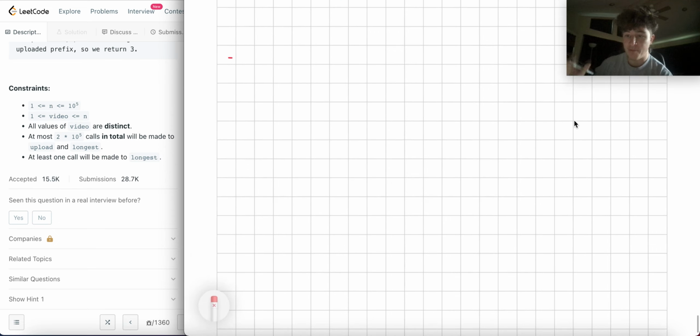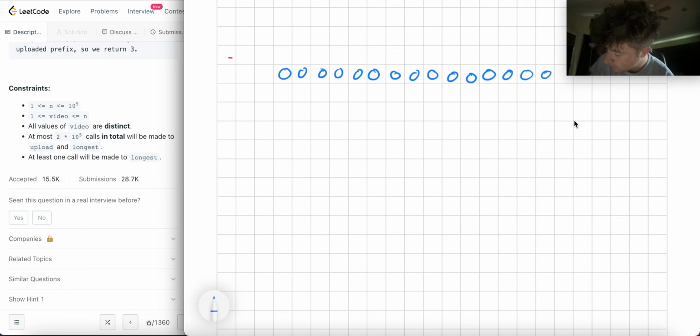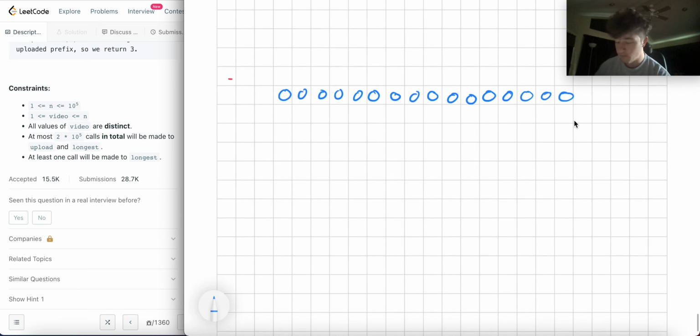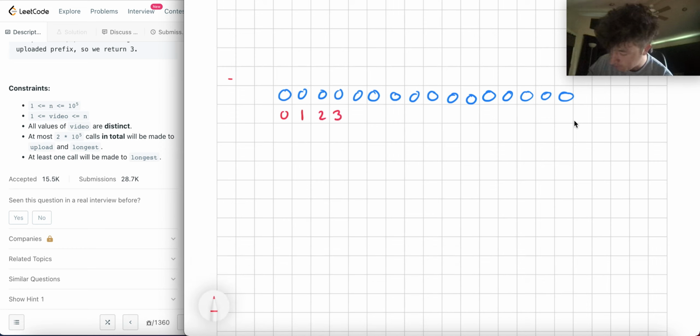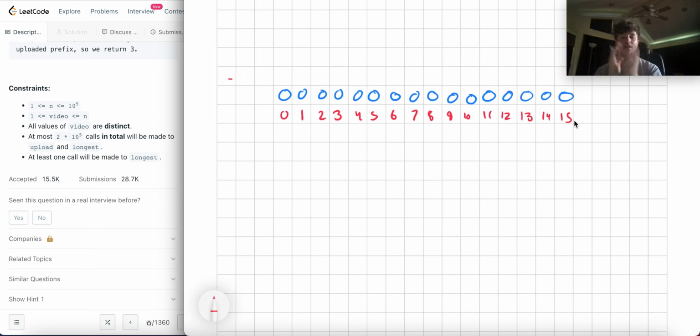Well, let's just go through a couple simple calls and see if we can derive maybe some sort of solution. So let's imagine we have a bunch of zeros here. I'm just going to do a quick example to articulate generally how this is supposed to work. Let's say these are our movies, and then we start doing a few uploads. This is 1 here, so I'll just reference them here. What we want to keep track of is the longest prefix at 1 at all times. That way, when we call longest, it happens more efficiently. We don't have to traverse the whole array to find the answer.